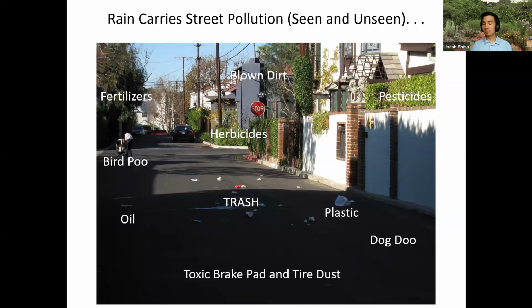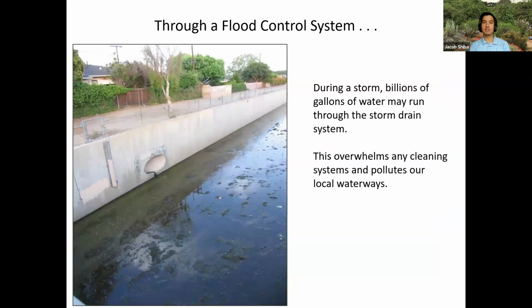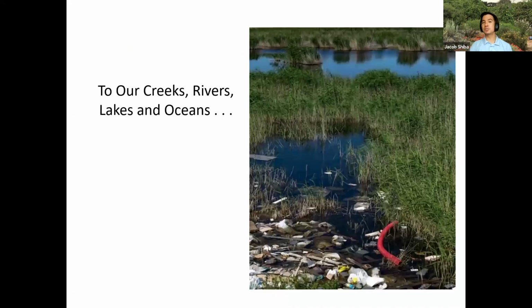The rain picks up all this pollution and it flushes it into our flood control systems. During these big major floods, it can overwhelm these flood control systems, right? This causes flooding in dramatic different parts that can ruin infrastructure, ruin homes and businesses and schools. All of this pollution then makes its way into our natural waterways, into our creeks, our rivers, our lakes, our